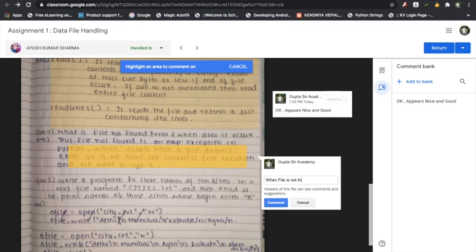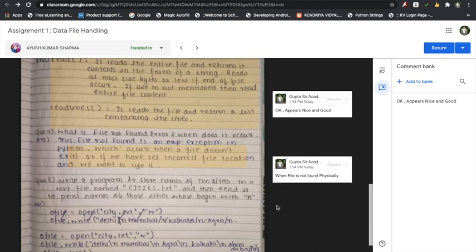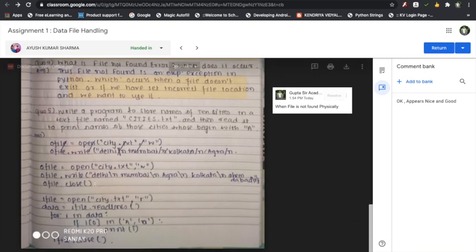This is an exceptional comment which need not be borrowed from the bank. When the file is not found physically, right? That is a small comment I want to add here. So that part is done with this comment.